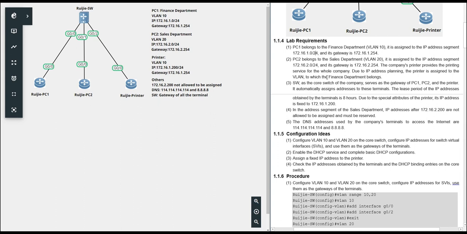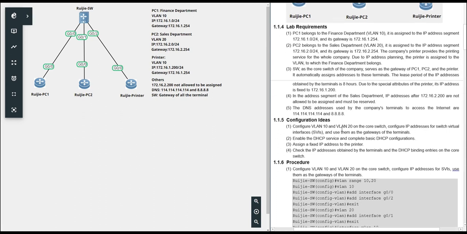If we want to meet the requirement of the customer, let all the terminals visit the internet easily and conveniently. And about the configuration ideas, we have to configure VLAN 10 and VLAN 20 on the core switch, configure the IP address of the switch virtual interface, SVI interface, and use them as the gateway of the terminals. So this is a basic one of the IP.